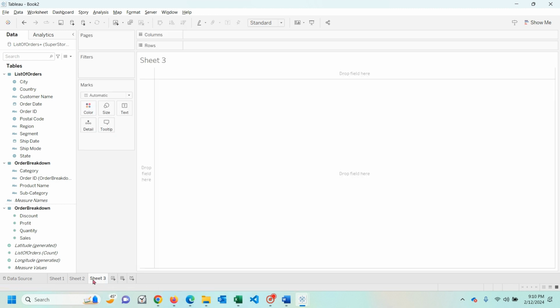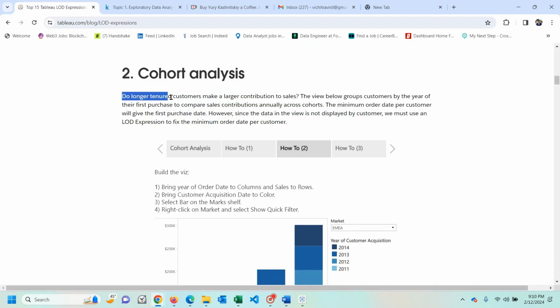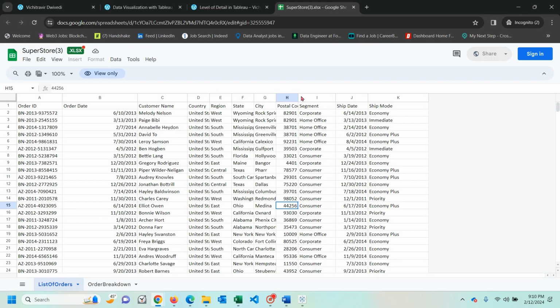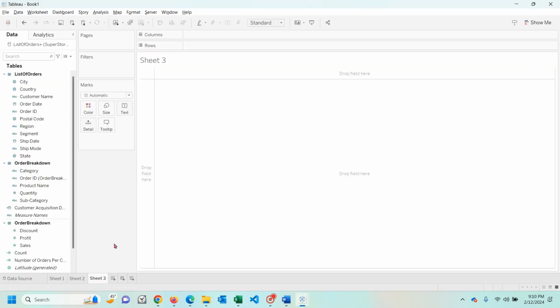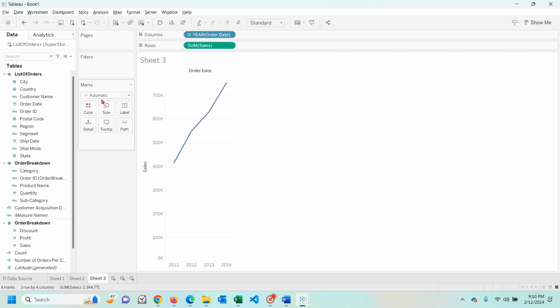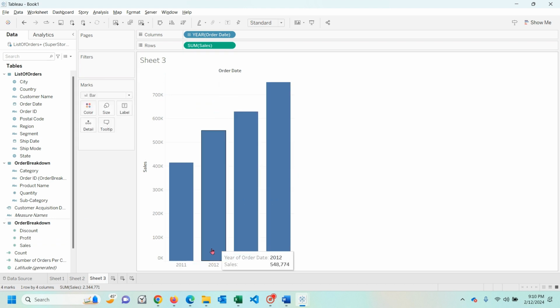We briefly understood the data. Coming back to our question, which I will reiterate: do longer tenured customers make a larger contribution to sales? To solve this question, we must know level of detail calculation. Why am I emphasizing it again and again? The reason is, suppose you have the order date and the sales, and you make it a bar chart. How will you get to know that customers